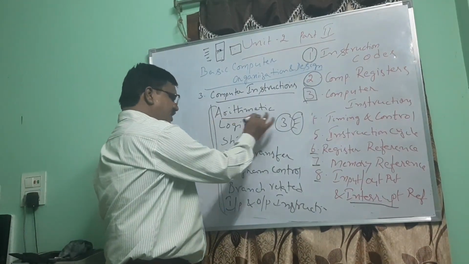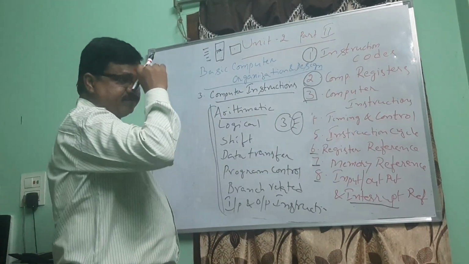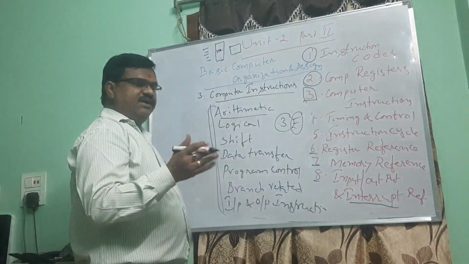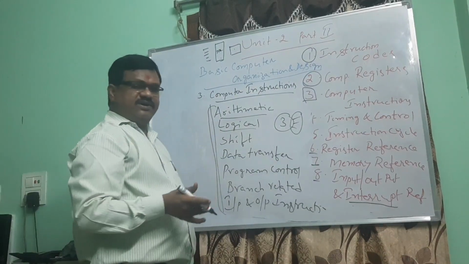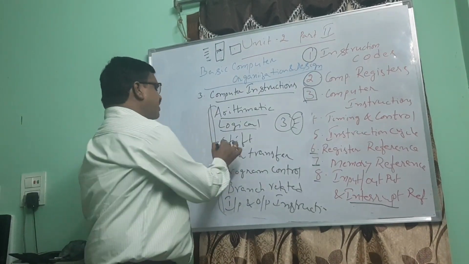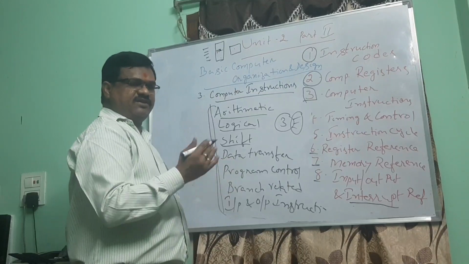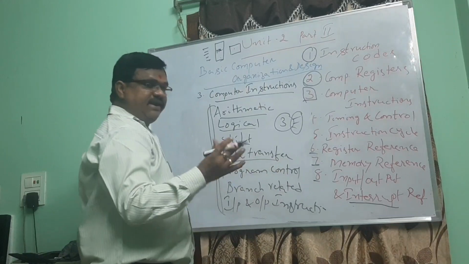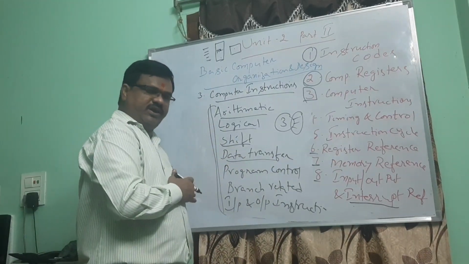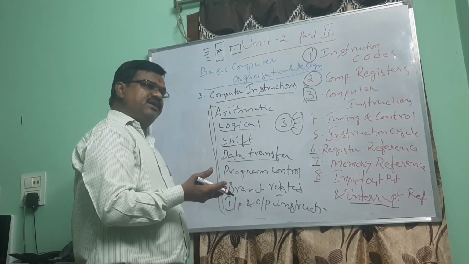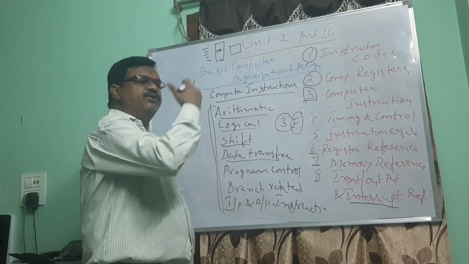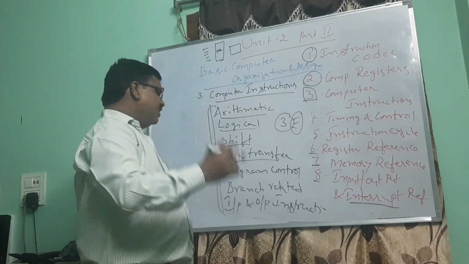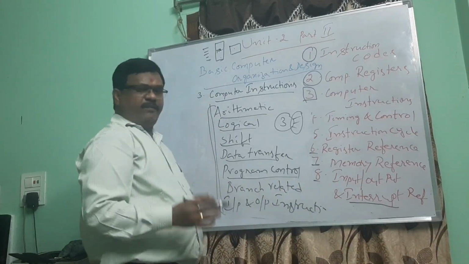As we have discussed already, arithmetic like add, subtract, multiplication, division, complement, increment, decrement, and then logical, OR operation, AND operation, and then shift left, shift right, circular right, arithmetic shift, arithmetic right, and then data transfer. When data is there in a memory location, transferring that to the register, and after performing a certain operation, from the register we need to transfer that into the memory, or from one register to another register, how to transfer, and then controlling the program by your control unit.